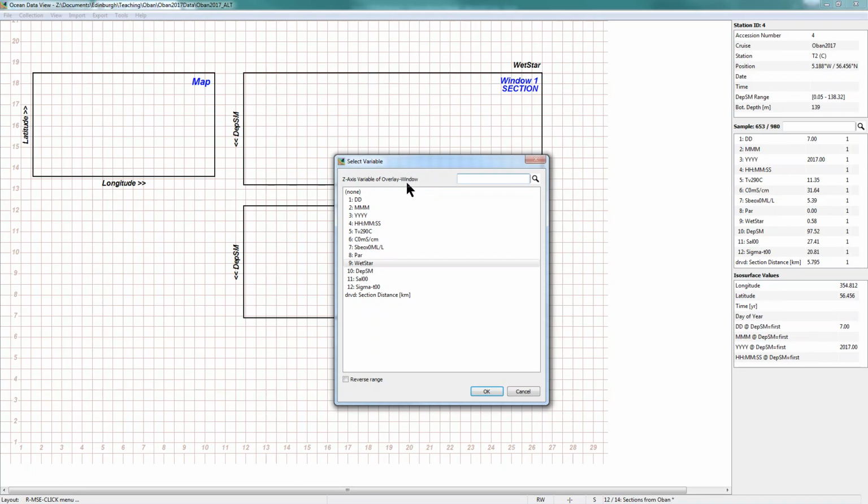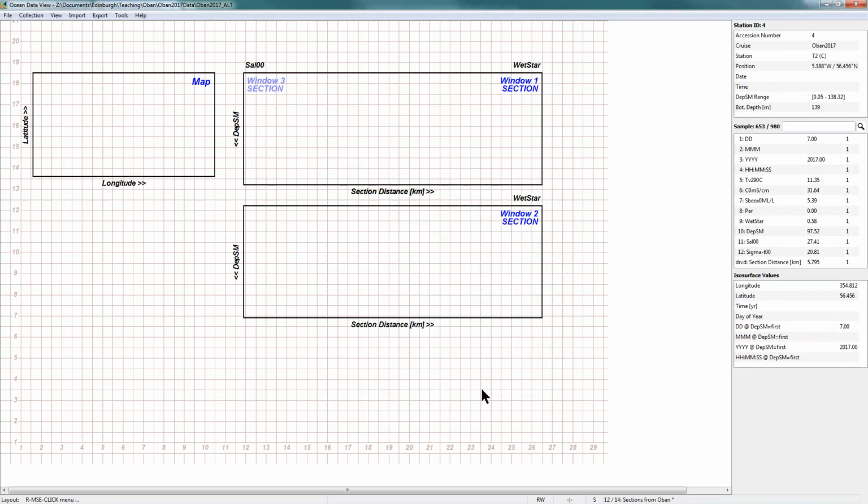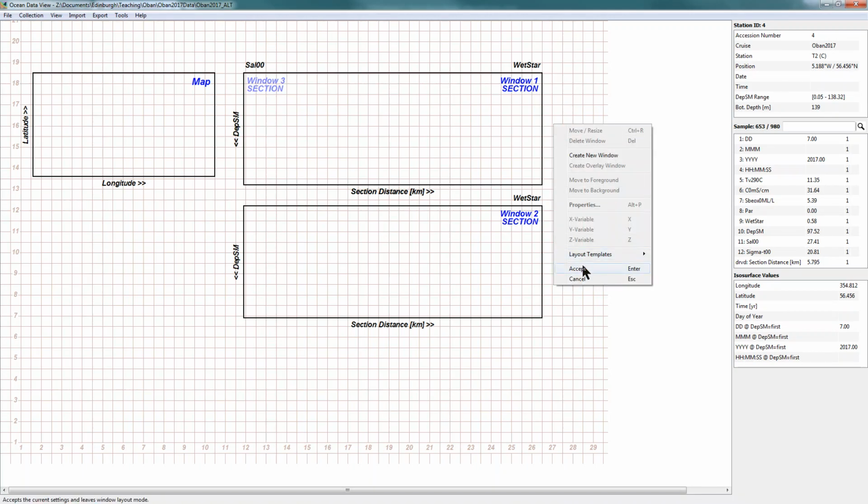We can change this later, but I might want to compare, for instance, the salinity of the water against the fluorescence. We've got WET Star fluorescence plotted already. Go for salinity, click OK, and that gives us a second parameter for this window. So it's basically two windows plotted on top of each other. If we just click enter now or go to accept,